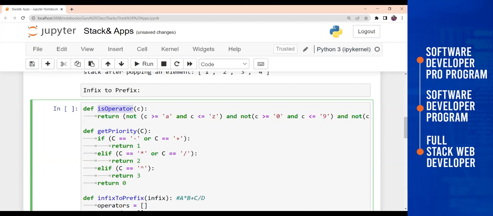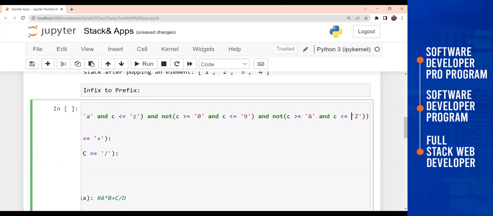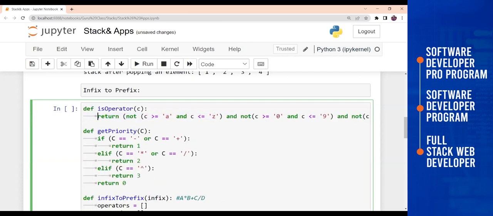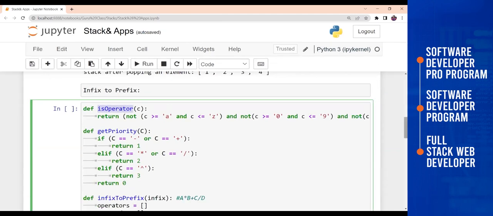As a human, we can easily identify them, but a programming compiler needs to understand, right? So that's why we are creating this particular function. And now it will check for these things, and also it will check for capital and small letters. Okay, so it will check, and if it is not that, then it will return this as an operator.